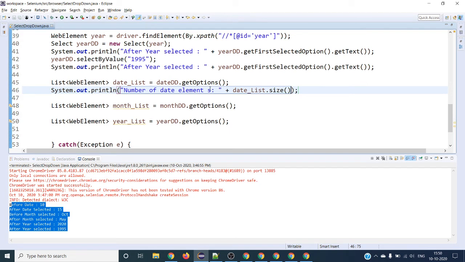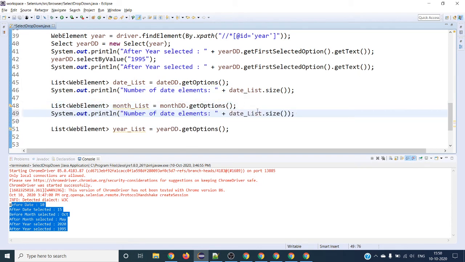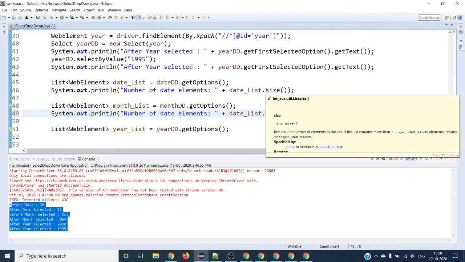This will give you how many elements are present over here. To validate what values are populated in the dropdown, it's up to you, so I will leave it to you how you are going to validate that. Right now I'm going to have a size validation over here. You can assert what is the expected number of size and what is the actual size.